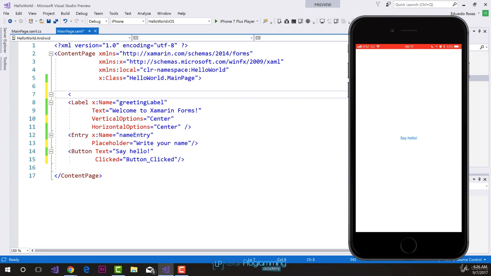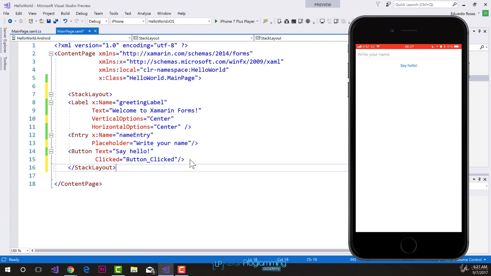We create a definition for a container in the same way that we created a definition for the entry or the button. And we write down stack layout. And then we close the definition like this because we're going to be defining all of these elements inside of the stack layout. So we have to create a definition in the way the content page is created. Remember that in this case, we have the opening and the closing of the definition. So I'm going to cut the closing definition of the stack layout and I'm going to paste it below the